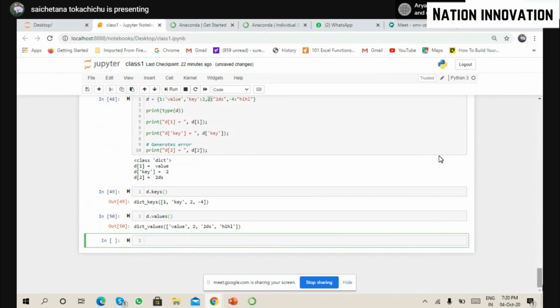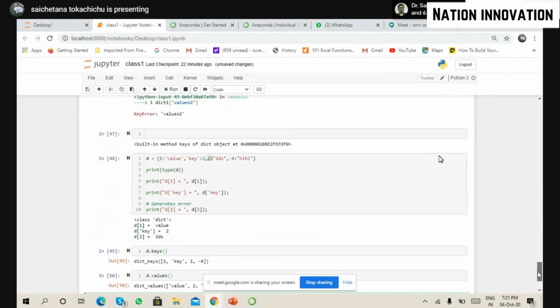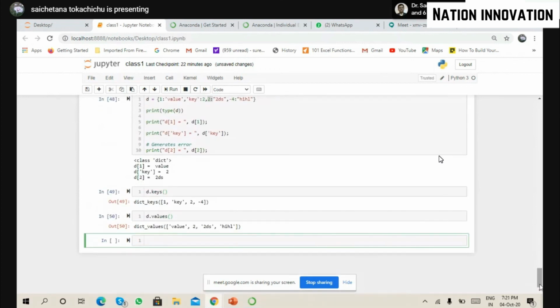I'll share this Jupyter notebook with some added examples as well. And I'll add some assignments for you guys so that before we start our next session on Saturday, you'll be able to handle all this on your own. I'll share the assignments on Classroom.